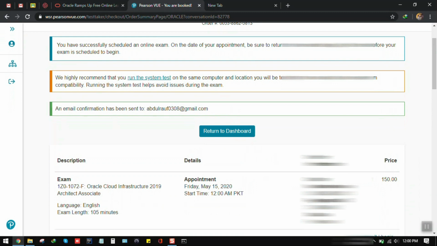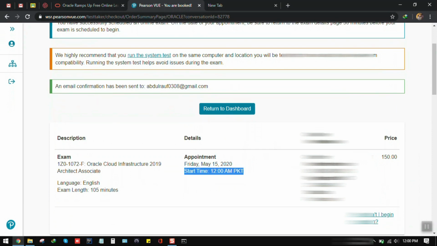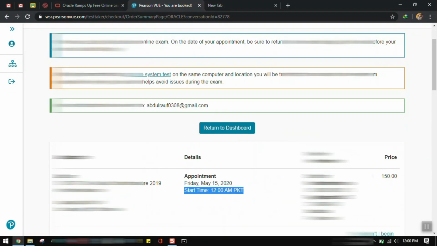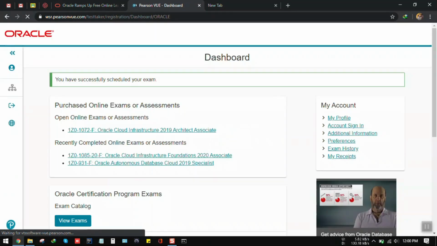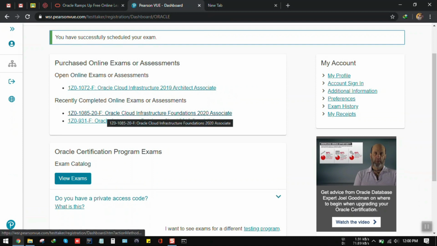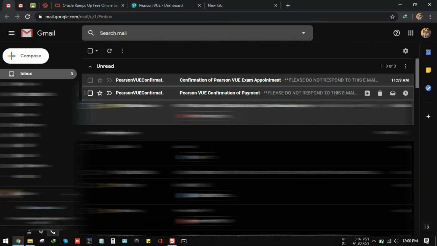Now you have received two confirmation emails from Pearson VUE on the email address that you entered during the registration process on Pearson VUE. One is for your appointment confirmation and one is for the detailed confirmation of what you had entered in this whole process. If you had wrong information, then you can contact customer service for correction of information, so that you don't get wrong information on your certificate.